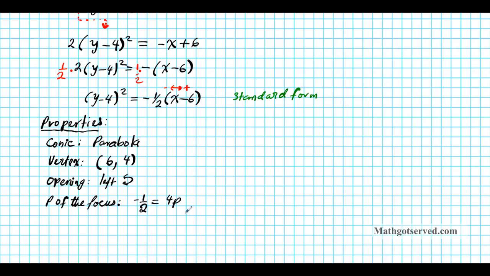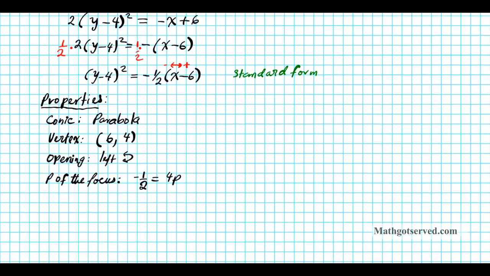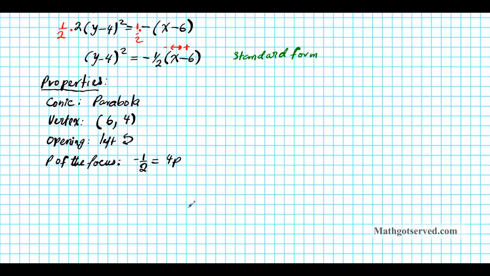We solve this for p, and that will give us what p of the focus is. Remember the formula: a is equal to 4p, where a is the coefficient of the unsquared quantity. Now let's isolate p here. To isolate p, I can simply multiply both sides of this equation by 1/4, as opposed to dividing by 4, which would not look too nice. So multiply by 1/4 on both sides, and then we'll have p equals